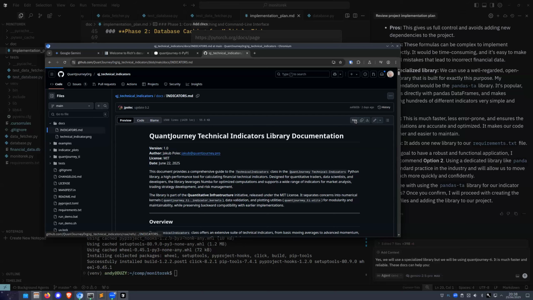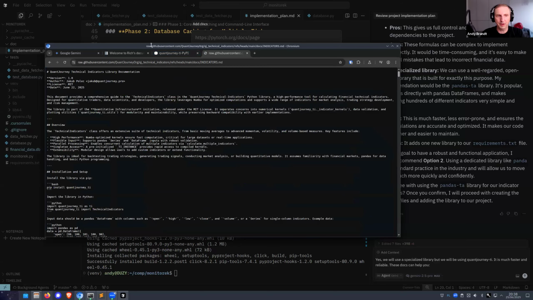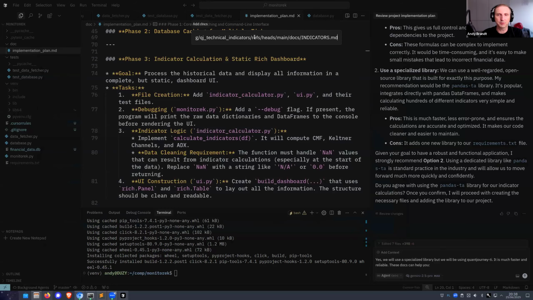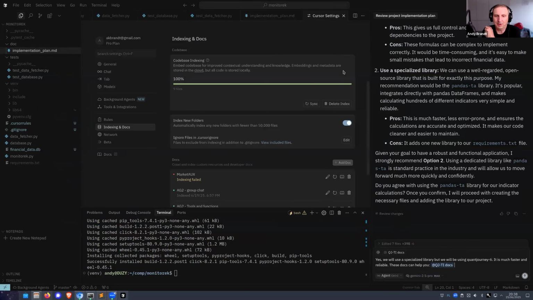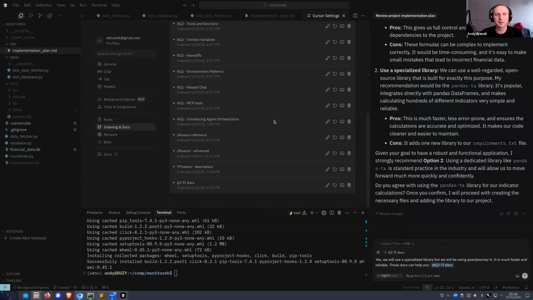Yes, it is. Okay, so we click on raw to give it the raw markdown, to make it easy for the model. Let's put it here, click enter, and name it QJTI docs. I could write QuantJourney, but it makes no sense. Okay, so it indexes that, and it was quite quick because it's just one page.